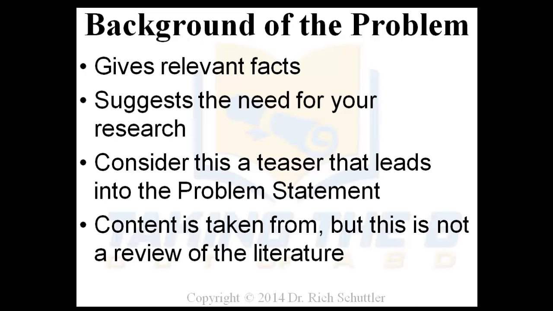Yes, there might be some information that's duplicated from this section into the literature review and perhaps from the literature review brought into this section. That's common because there are sections of the proposal and dissertation that get repeated. But the focus here is background of the problem, not related to all the literature review. This section I find is usually 2 to 4 pages. If you have less than 2 pages, perhaps you're not giving enough details on that history or the trends on how that problem came to be.